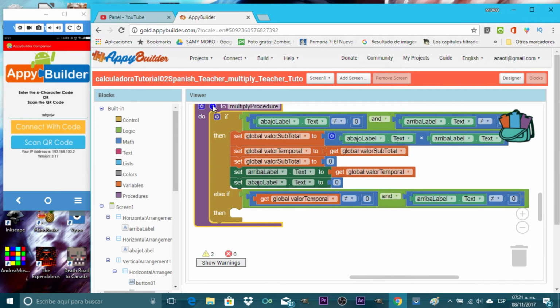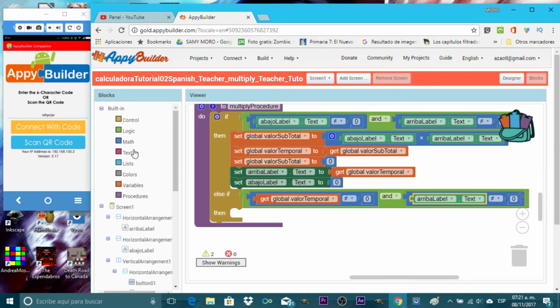What if the temporary variable is different from 0, that it has a value? If we have done a previous procedure, for example, 3 plus 7, the temporary value will be 10. So if this value is different from 0, and also the label in the upper part is different from 0, we just want to